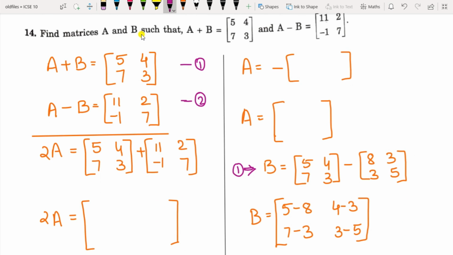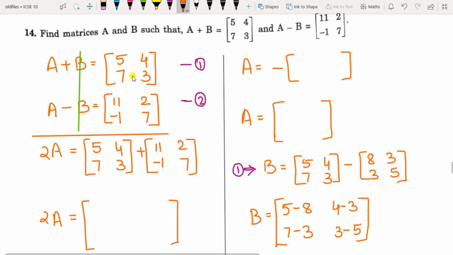Question 14, find the matrices A and B such that A plus B equal to this matrix and A minus B equal to this matrix. Now this is of the simultaneous equation form. So A plus B equal to this matrix, that is equation 1, and A minus B equal to this matrix, that is equation number 2. Now add these two matrices. Now you can see here that B is the same in both the cases with opposite sign, so you can cancel B here, and therefore you can get it as